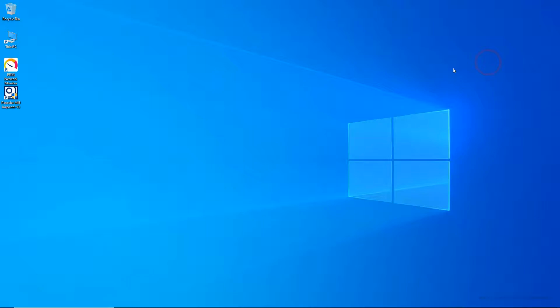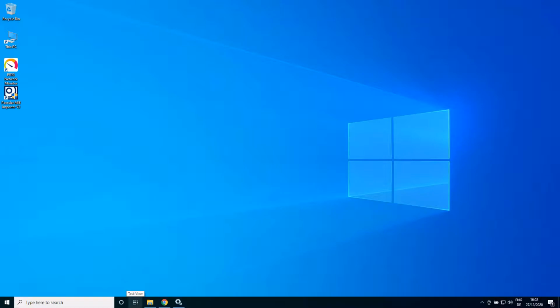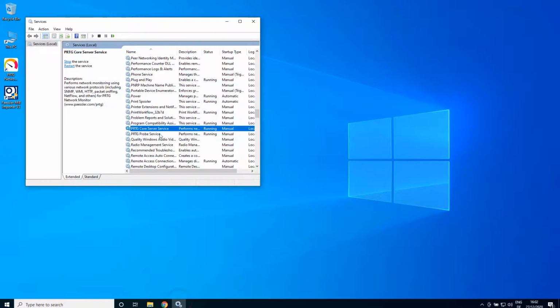This can be done by restarting the PRTG server service. There's an option to do this within the PRTG interface, but it's quicker to do it manually.